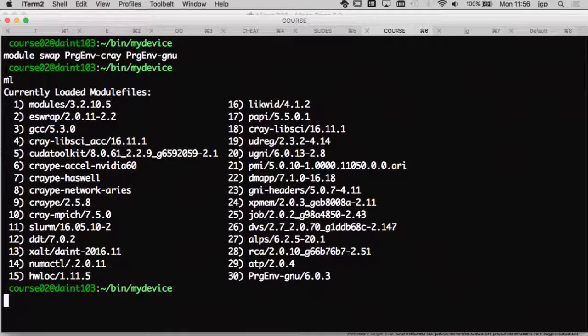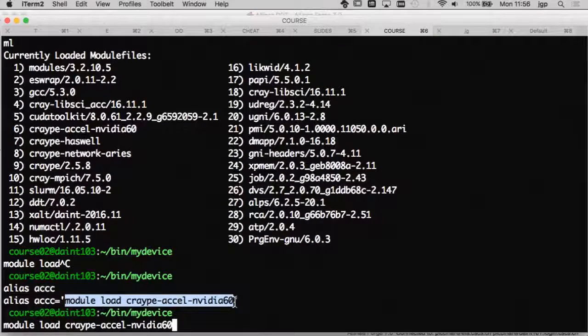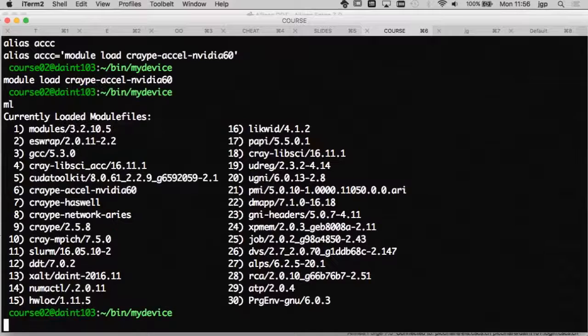But I also need the CUDA toolkit, so I will load the CUDA toolkit. And you see that now it's here.